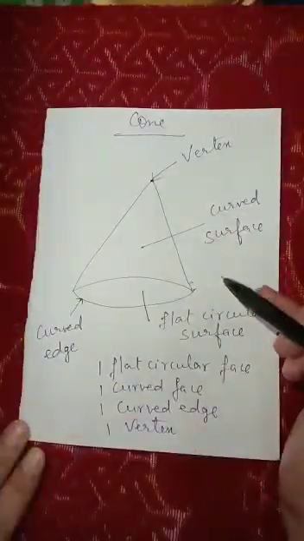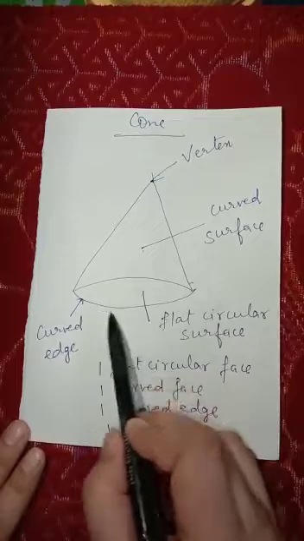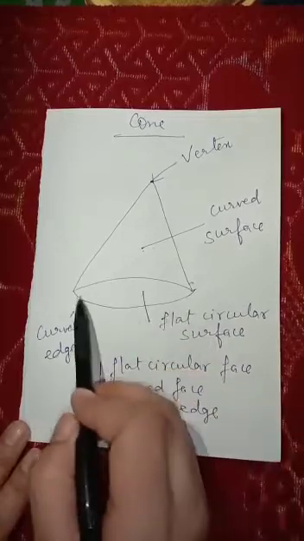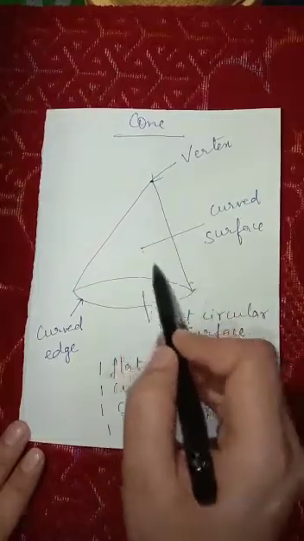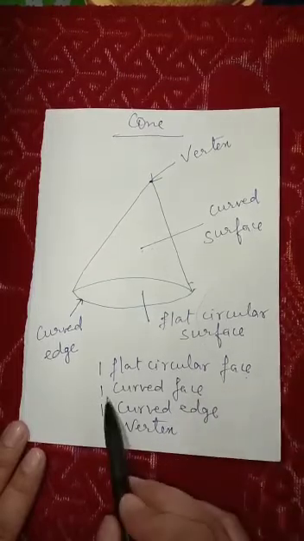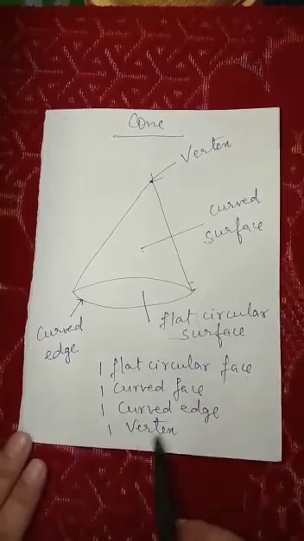See what is in my hand? This is a small bell. And what is the shape of this bell? It is like a cone. See how beautiful it is? This is a cone. Now, a cone has 1 curved surface, 1 flat circular surface, 1 vertex and 1 curved edge. This one is the edge and this inner portion is the surface. Now, this one is the curved surface. So a cone has 1 flat circular face or surface, one curved surface or face. Surface or face is the same thing. One curved edge and one vertex.